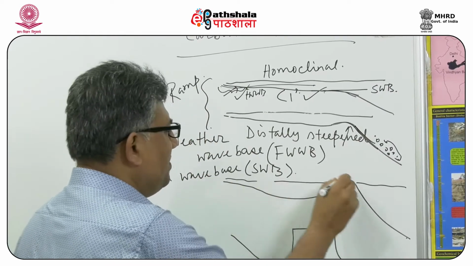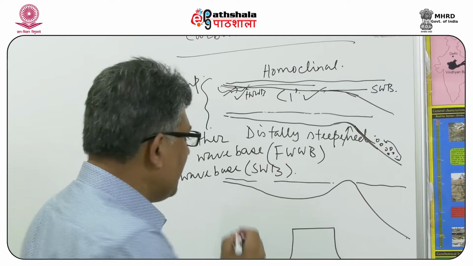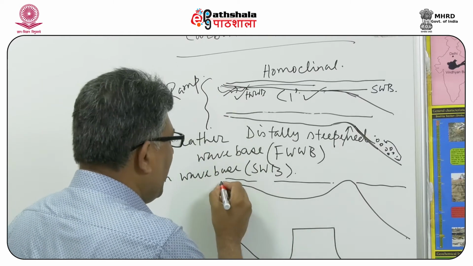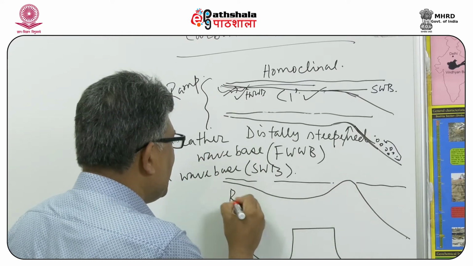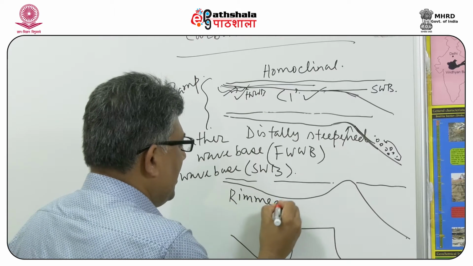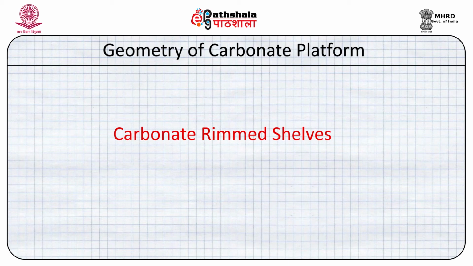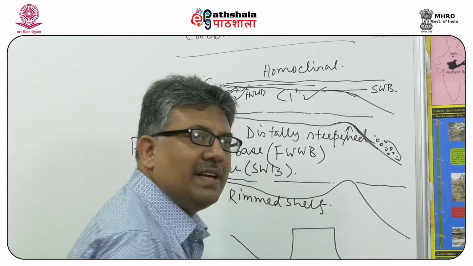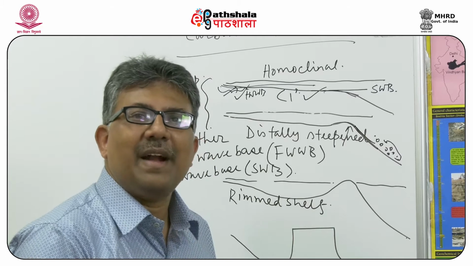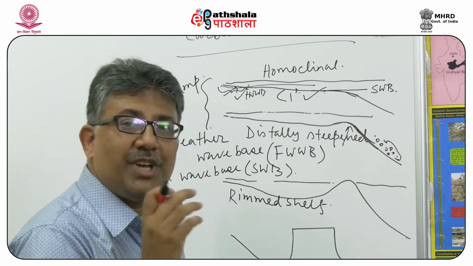Now from ramp we are going to this kind of setting, which we call the rimmed shelf. What happens in this rimmed shelf? In a rimmed shelf, we generate a reef at the shelf edge. Now the shelf edge